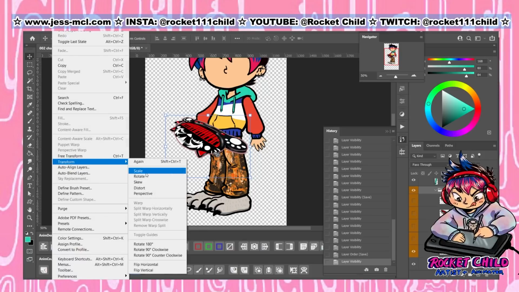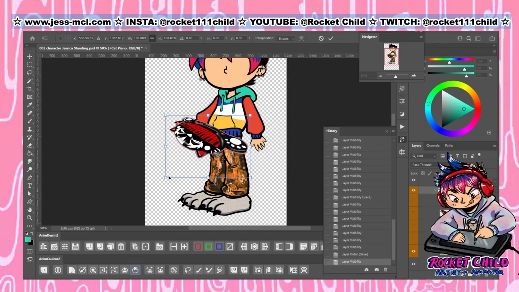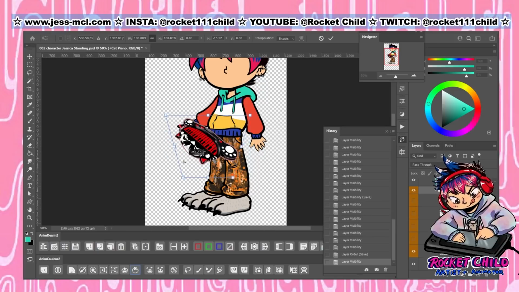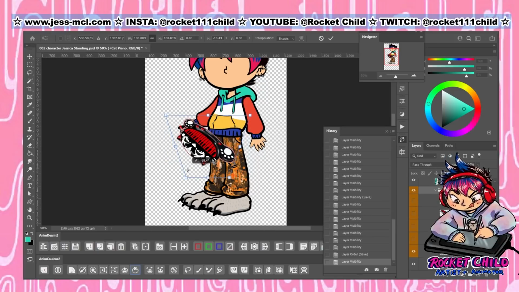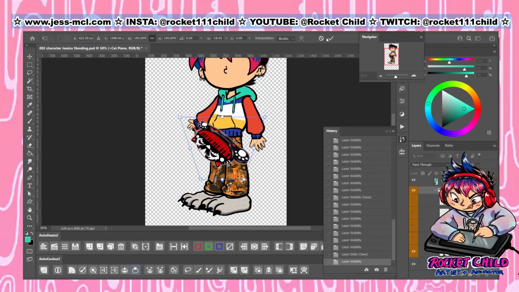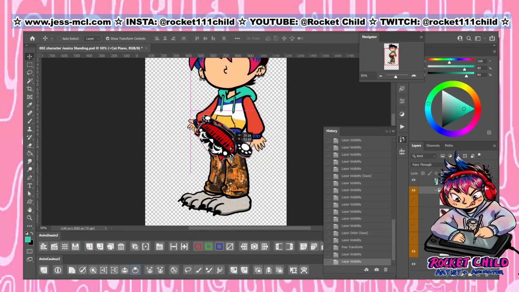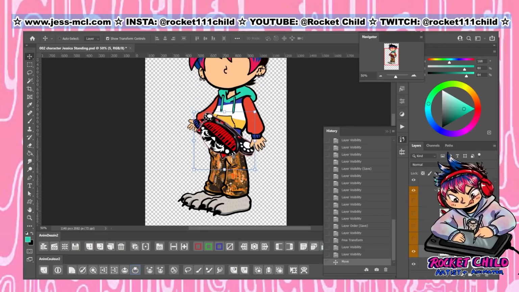I might want to change the perspective a bit. And then I think the outline is a bit